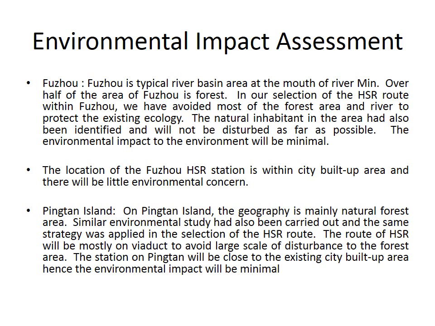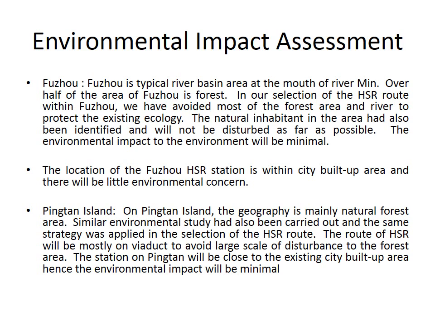The location of Fuzhou high-speed rail station is within the city built-up area, and therefore there will be very little environmental concern. On Pingtan Island, the geography is mainly natural forest area.